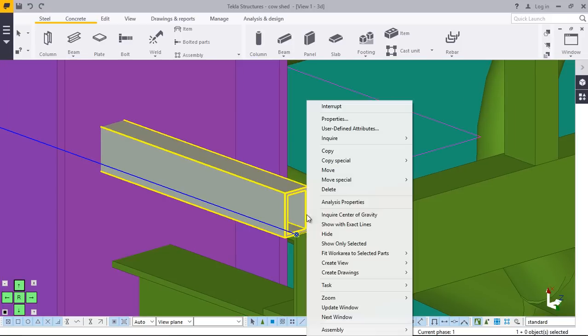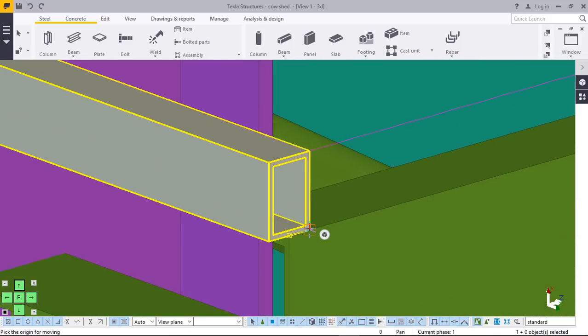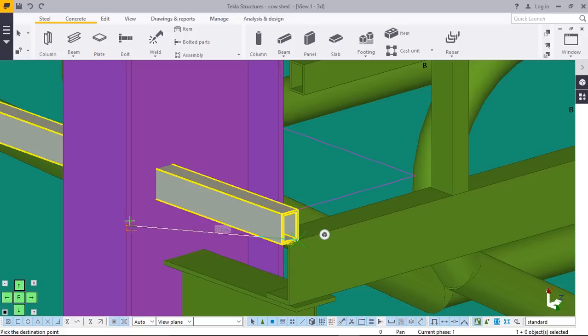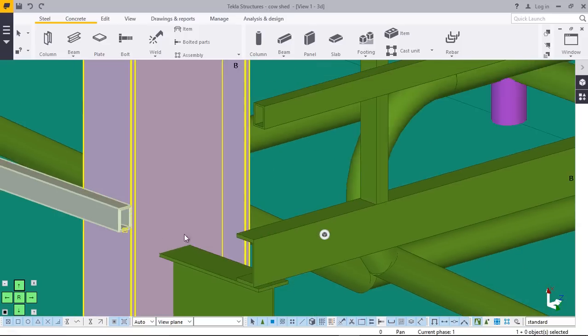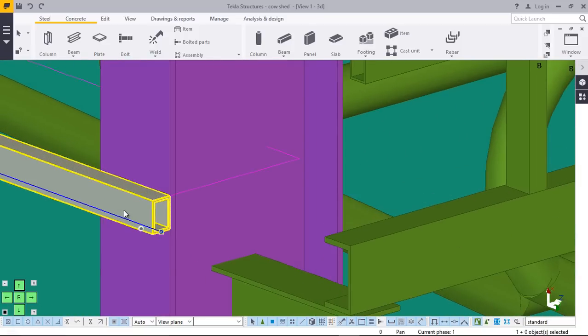Click on this, right click, click move from this spot to that spot. Double click on that,